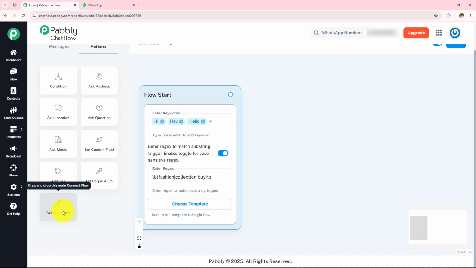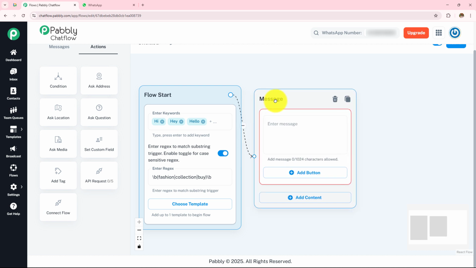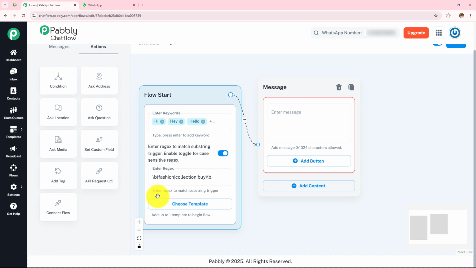Now according to my use case, let's suppose someone messages me, I am interested in your collection, or I am interested in your fashion collection. So I have received this message on my WhatsApp and I have to send a reply. Now what we are going to do is click on this circle over here in this flow start. You can see this circle. I am going to drag this and place it over here, and then I have this option of choose content type. Here I am going to select my content as text plus button. After the user has sent us this message, we are going to send a message to that customer.